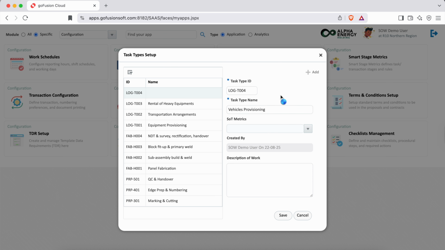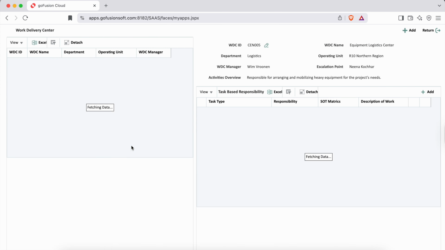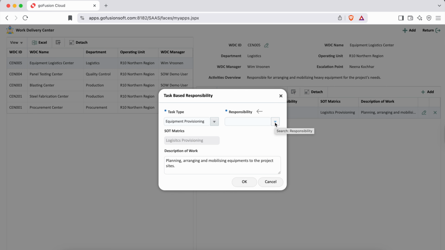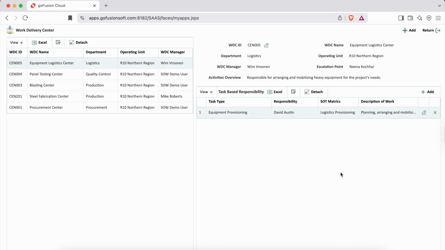Once the task types are created, we return to our work delivery center setup and start linking them. For each task type, we can assign responsibility either to an individual or leave it to be managed directly by the WDC manager. For example, equipment provisioning could be assigned to David Austin, while another task might be assigned to Rick Matthews. This flexibility allows you to decide whether accountability should be defined at the task level or managed centrally